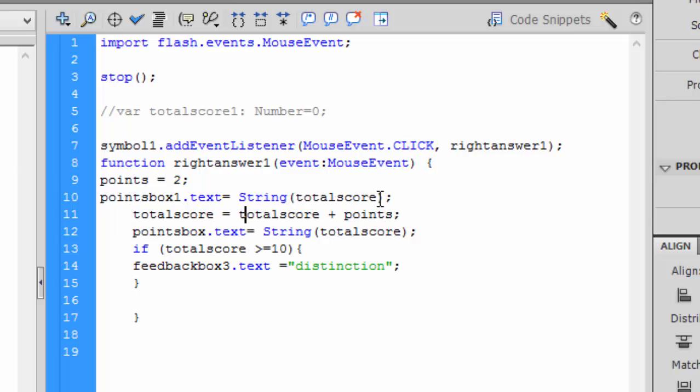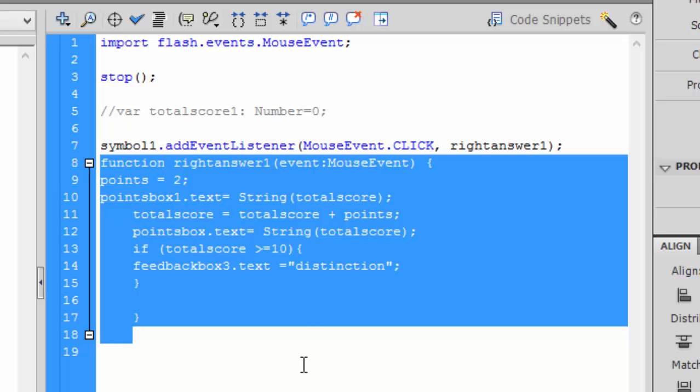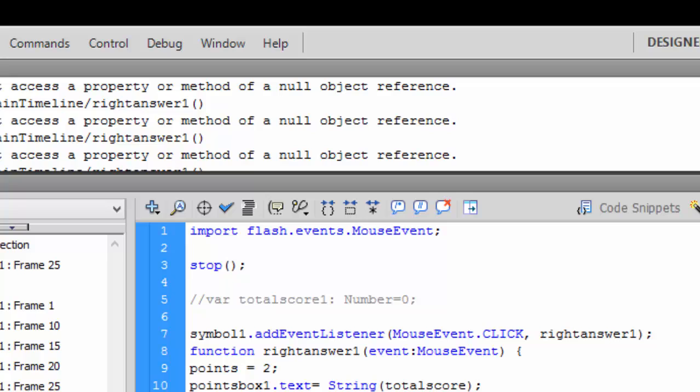So this one is updating after the display. Okay. Then point box text equals to total score. And if total score greater than 10, you display distinction. Okay, which of these codes is causing trouble? Now we're going to debug. Because we can't tell which one is wrong, there is no compiler error, no obvious error, so we're going to use debug